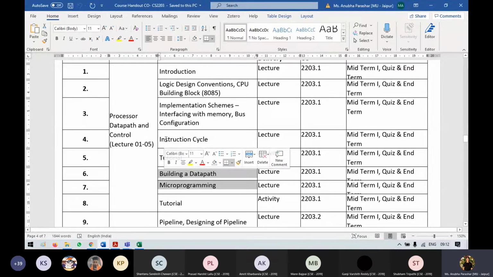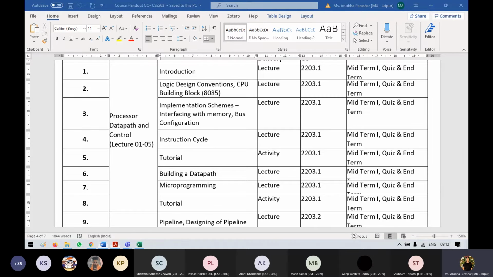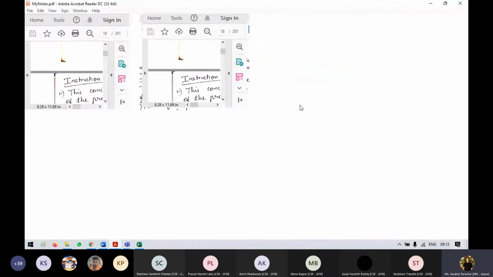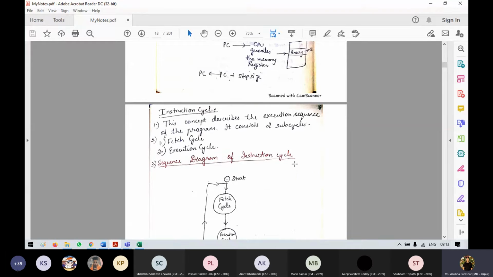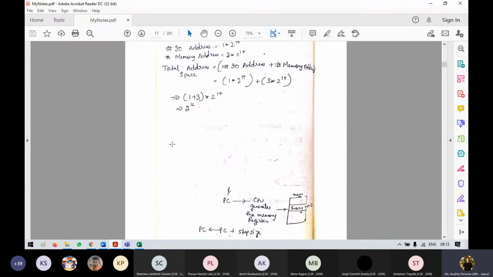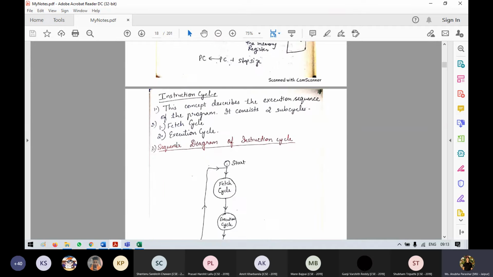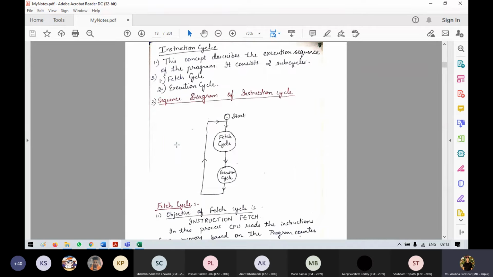It might not be done in one class itself, it might take one or two, maybe three if you are not able to understand. So we'll see accordingly. But after this, we'll be finishing up this unit, right? We were looking at the fetch cycle yesterday in the last class. Do you have any doubt regarding the last class?